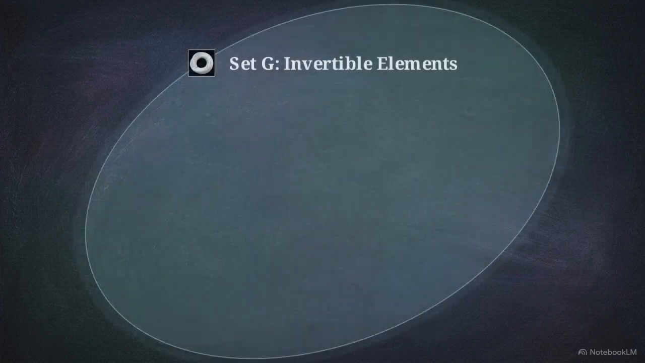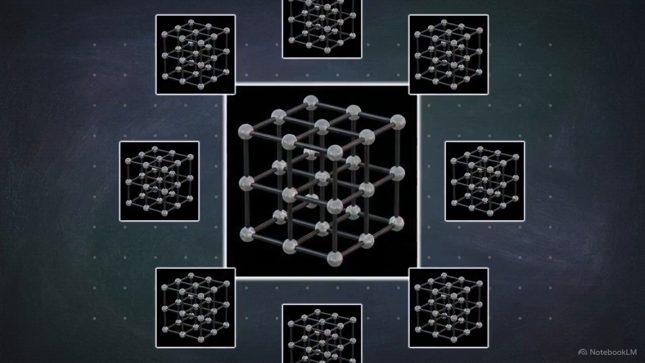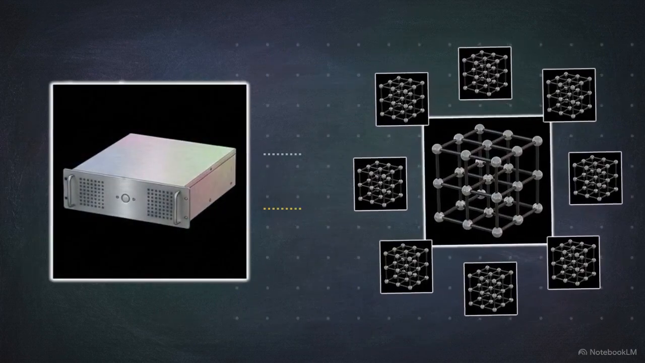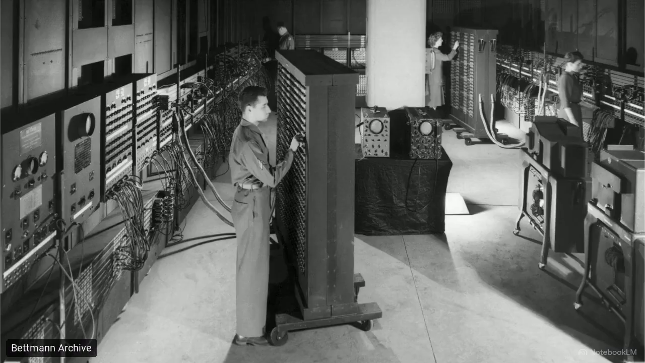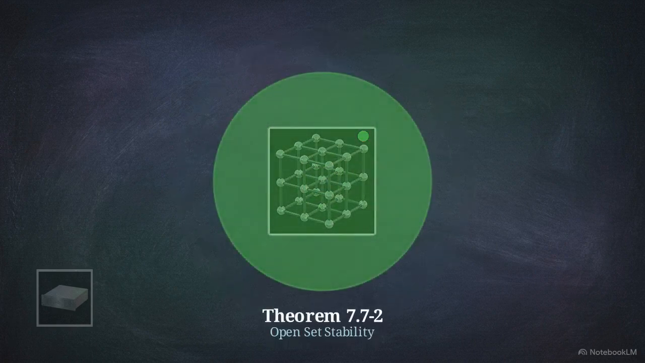These properties have direct applications. Because invertible elements exist in open sets with protective radii, we can confidently approximate massive matrices in early and modern computing. Look at the sheer scale of the ENIAC computer. When performing numerical linear algebra, systems rely on floating point approximations. Theorem 7.7-2 provides the mathematical guarantee that slight rounding errors won't suddenly flip a matrix from invertible to singular, crashing